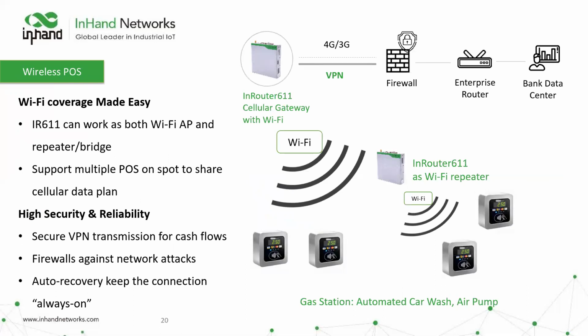The same topology as before, but the difference is you can connect other IR611s that will act as a Wi-Fi repeater. So what this means is, you can order an IR611 without cellular, just Wi-Fi, and then you can connect back to that other gateway, to the other 611, and it'll act as both a client to get connectivity from the default gateway, and then it'll also act as an access point to provide that connectivity to other devices. So whether you have a car wash, for example, or a set of car washes that are near a gas station,